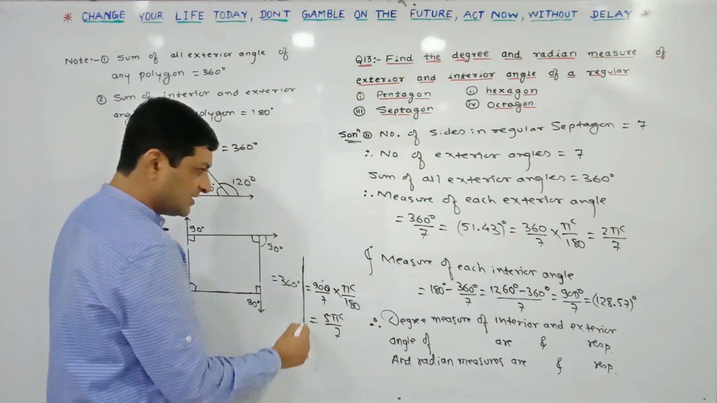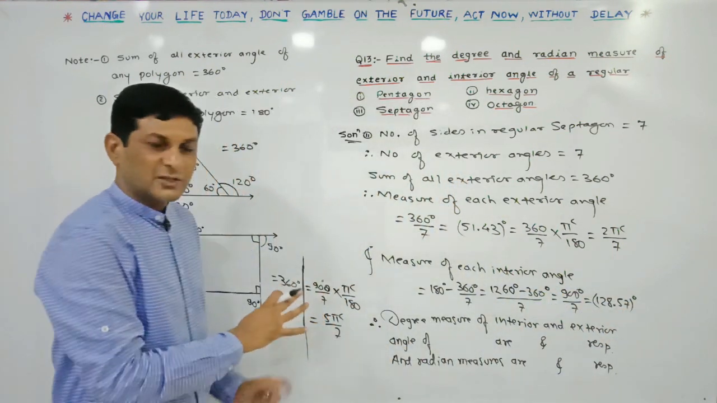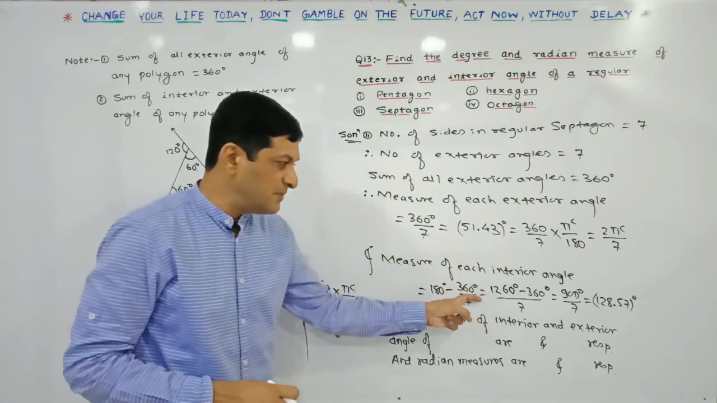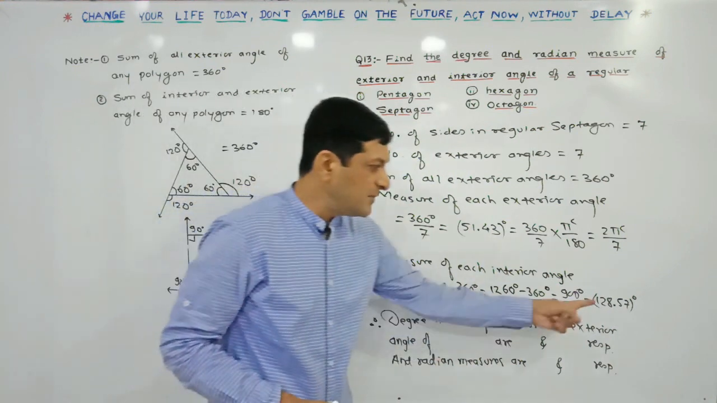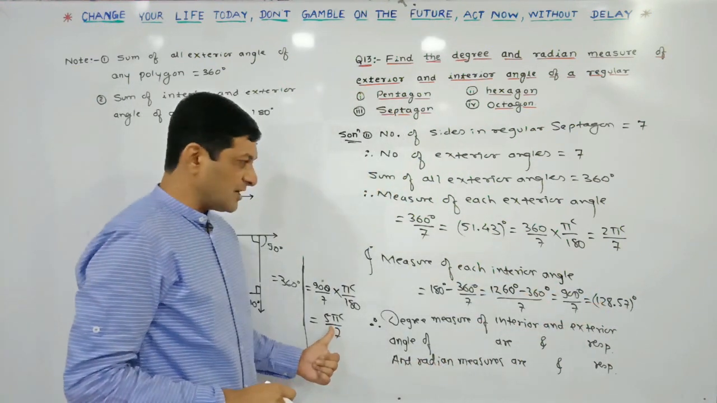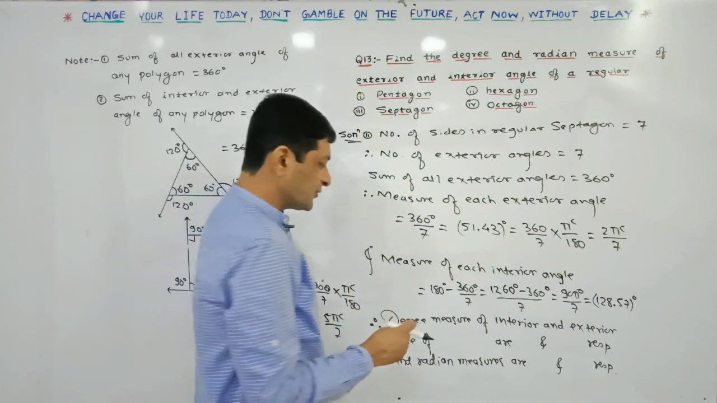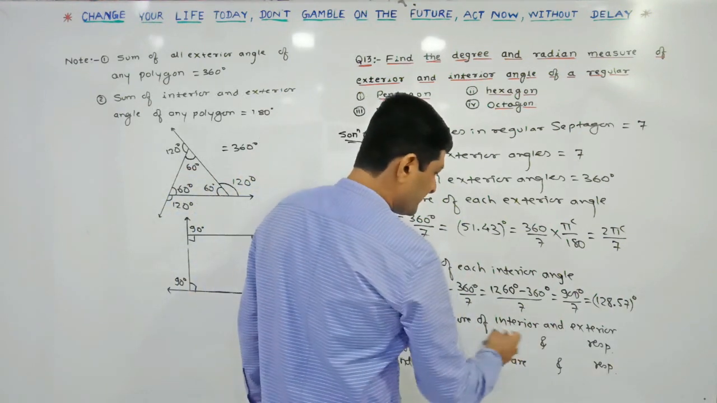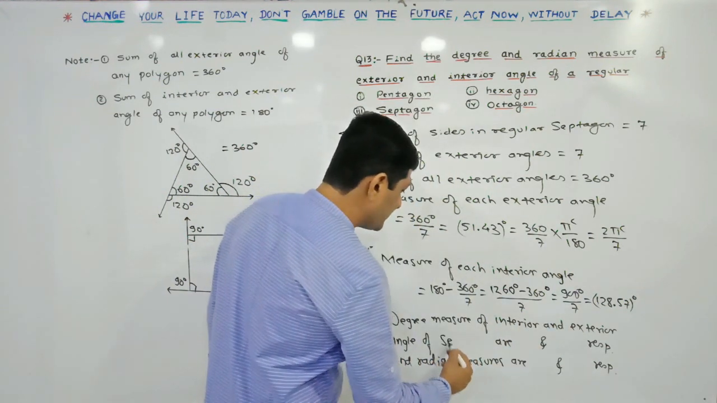So hope you are getting it. The remaining calculation part we have taken here. We have converted this degree measure into radian measure. In this way we have got the degree measure and the radian measure of the interior angle of the septagon. So lastly write down, therefore, the degree measure of interior and exterior angle of the septagon